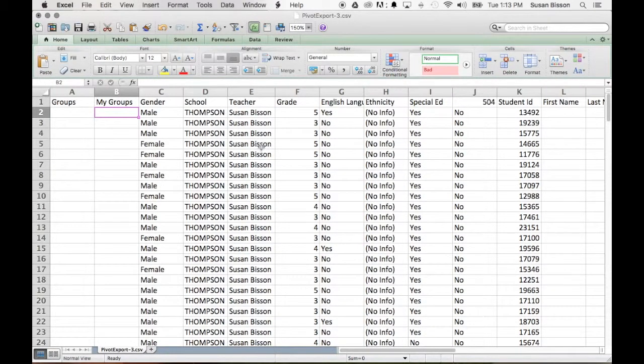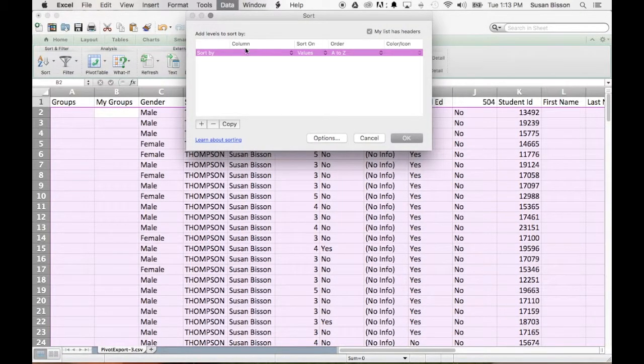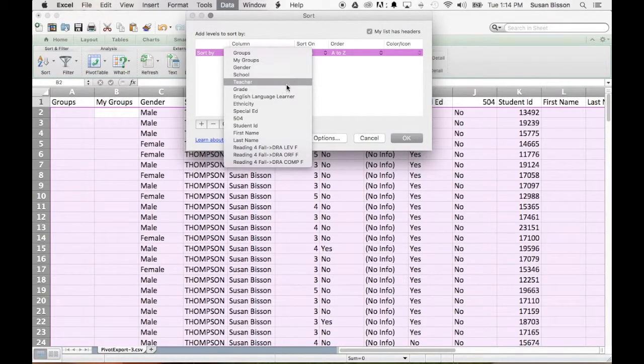You can also sort the data pretty easily, and to do that you go to Data, Sort, or if you don't use this toolbar here, you can go up to Data and Sort. Then you can choose which column you'd like to sort on. You always want to make sure to select My List Has Headers so that you don't lose any of your column headings. So I can go ahead and choose to sort by grade,